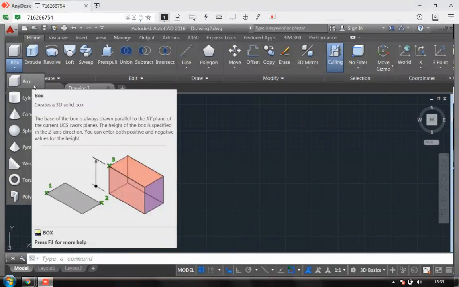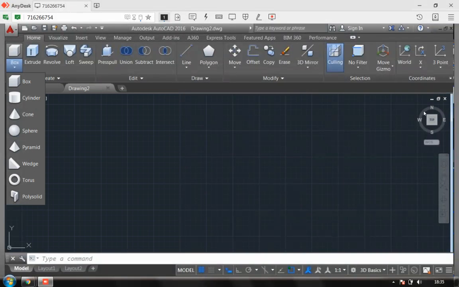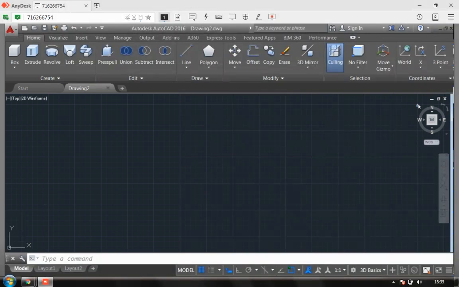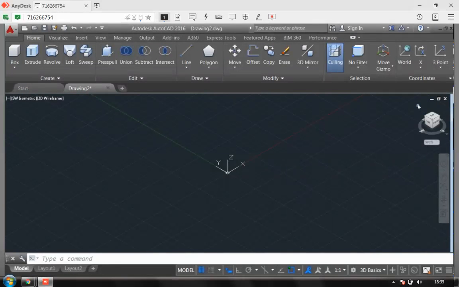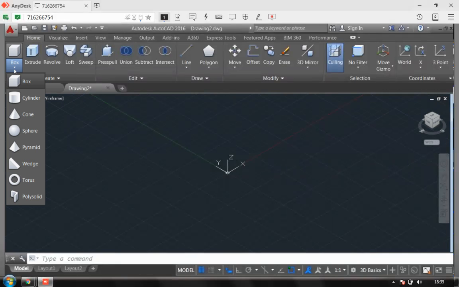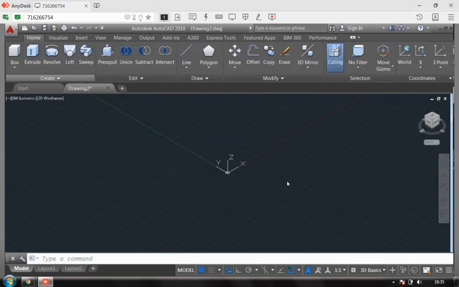It has been specified that the base of a box is always drawn perpendicular to the XY plane of the current UCS, and then the height is given. I click on home. This is my box now. I click on this box, and my command is executed.